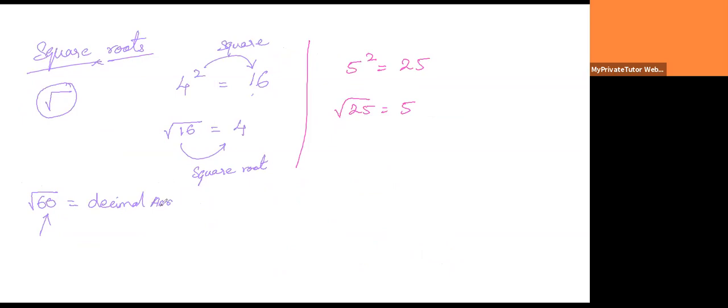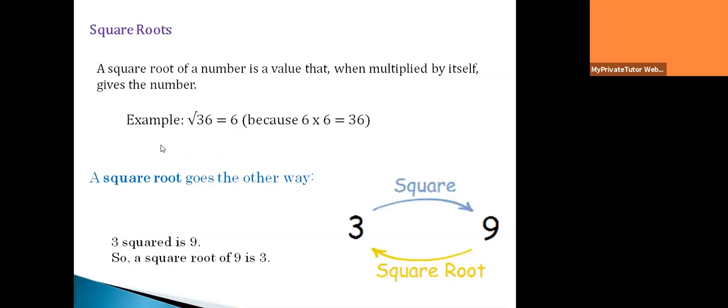Okay, we won't get the whole number. But if you do 64, the square root of 64 is 8, because 64 is a perfect square number. 8 squared is 64, so the square root of 64 becomes 8. Before going to the decimals, I mean the square roots of non-perfect squares, let me explain some rules of square roots. So just take a look at this before we go to the